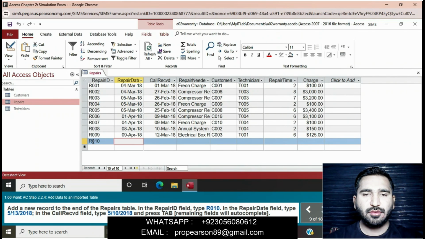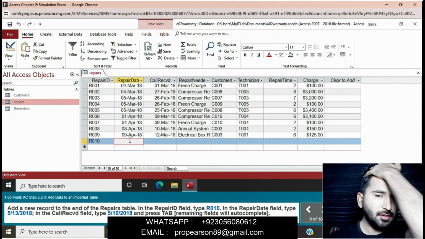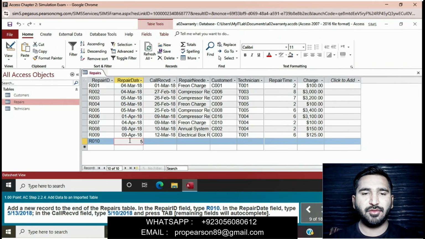5/13/2018, repair date field, 5/13, over 2018.